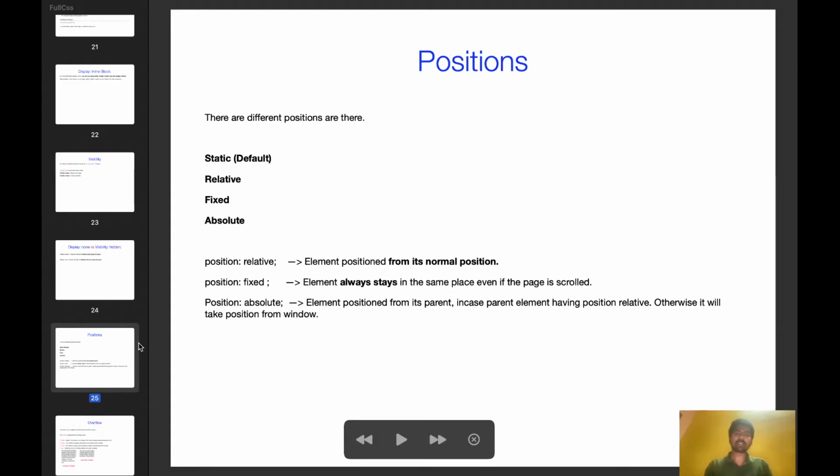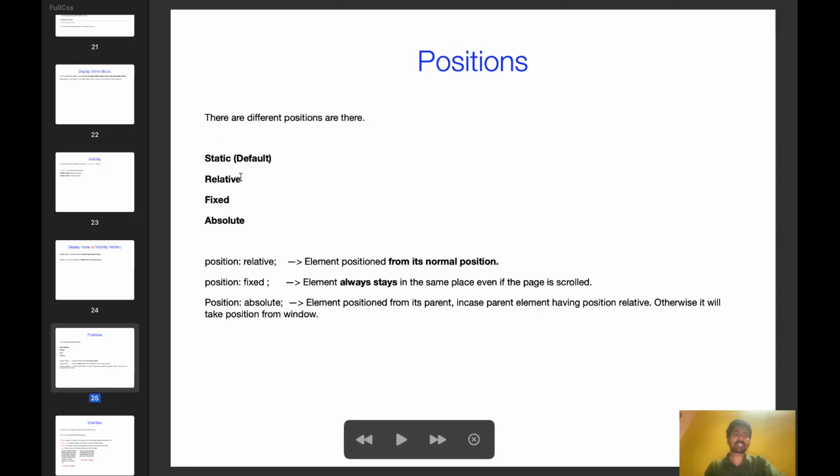Okay. Next, positions. Positions means we can move the element left, top, bottom, right, all four sides using these positions. Okay. So positions have four types. Static. Static means that is the default property for each element.